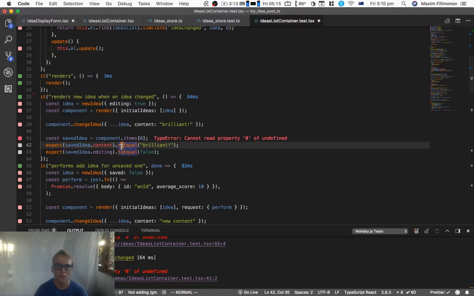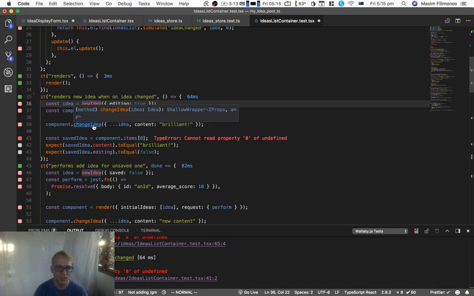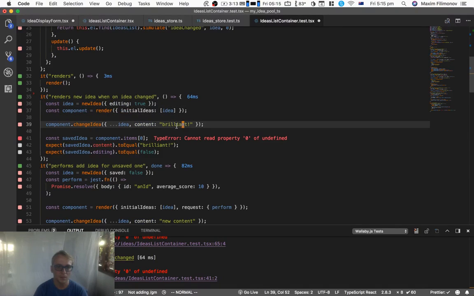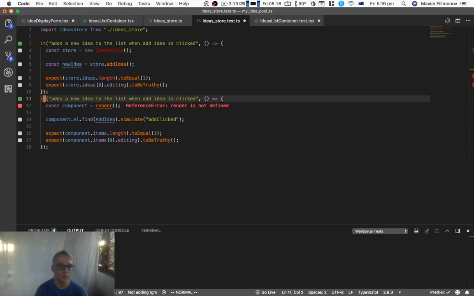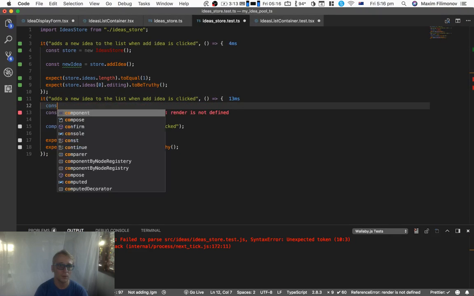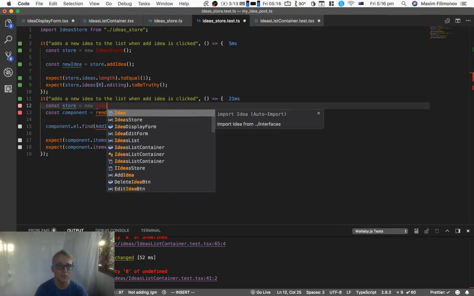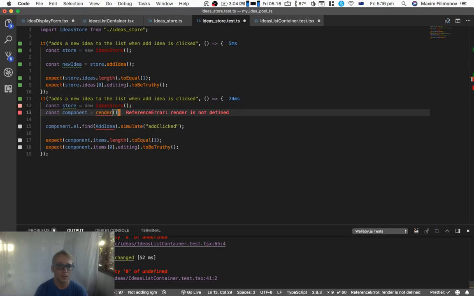And every time I switch there, my brain just goes ping. So, renders new idea on idea change. We change the idea here, which I think is when we, for example, modify the content, which we don't actually have yet, and then we expect the idea to be changed. Again, similar to this guy moving now right here. And instead of component, we're just going to do const star equals new idea star, and then